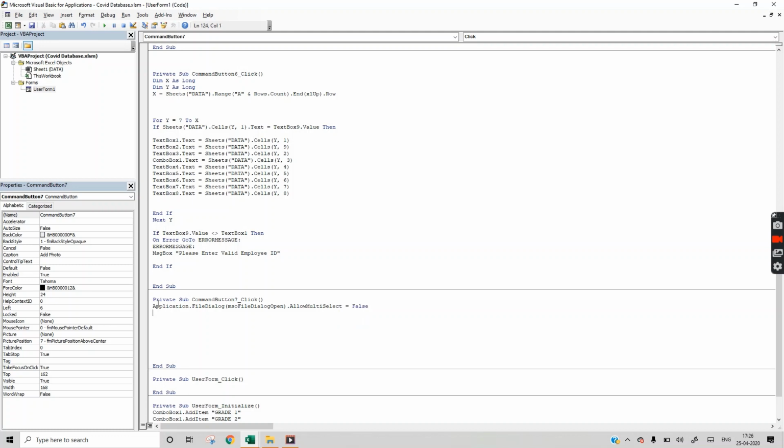This will ensure that if you select a picture, it will not allow multi-select or more than one photo at a time.